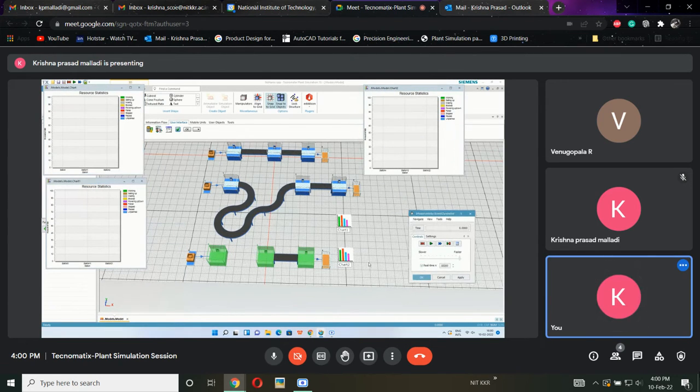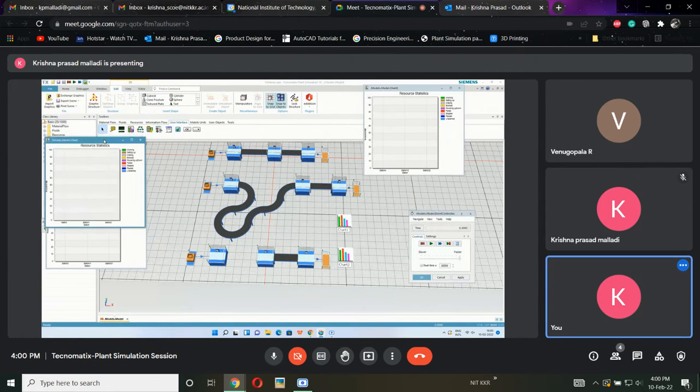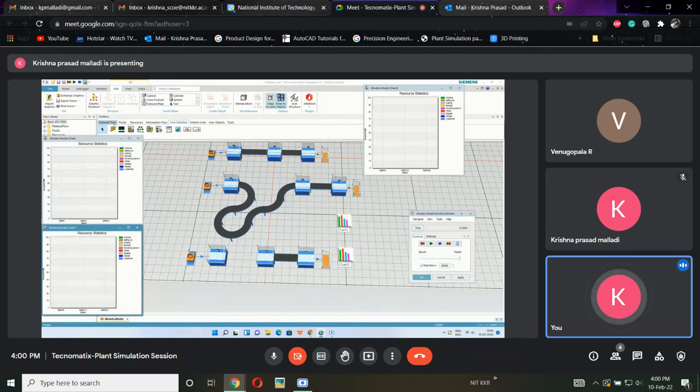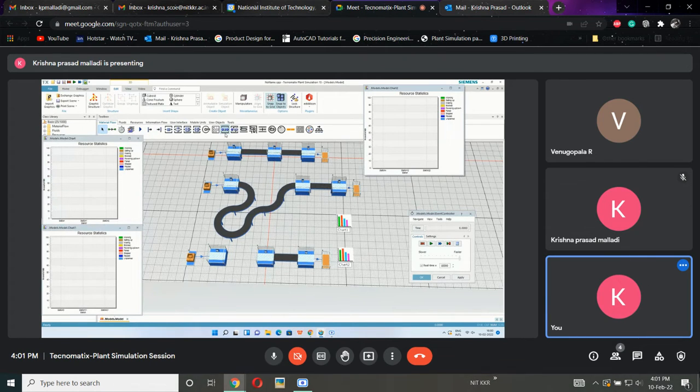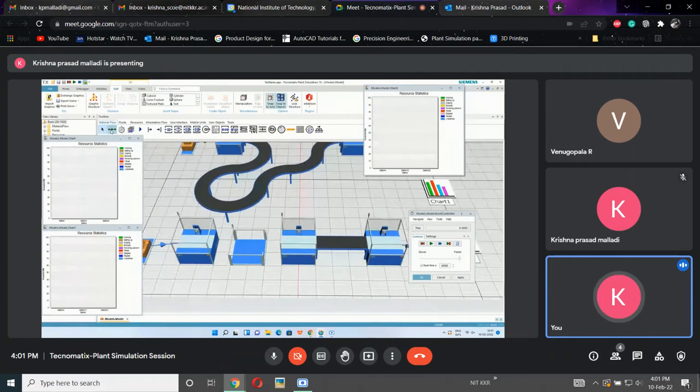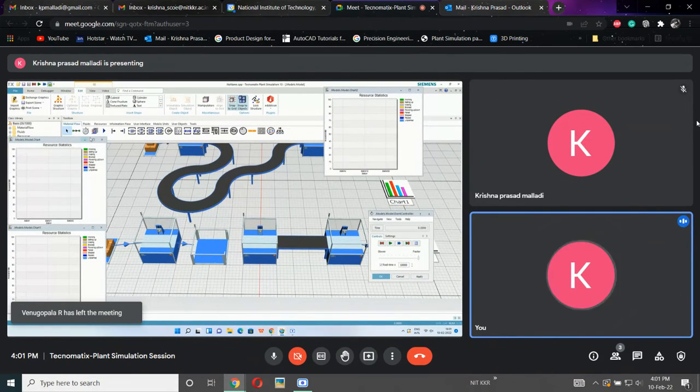Fine. Now I will be using a buffer. There is a buffer here. So if I click a buffer, I will place it here, and I'm going to connect. In Plant Simulation, if there is an object, we need to connect it using an input as well as an output. Then only it will work fine. So there is a buffer. For this buffer, I need to give input and